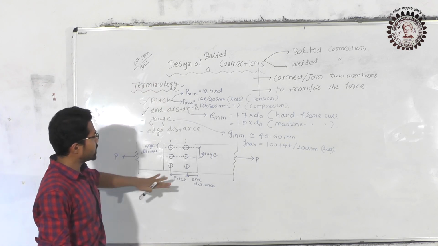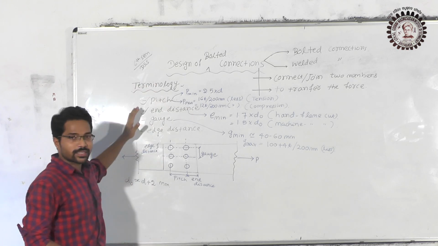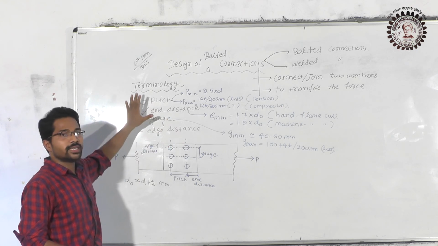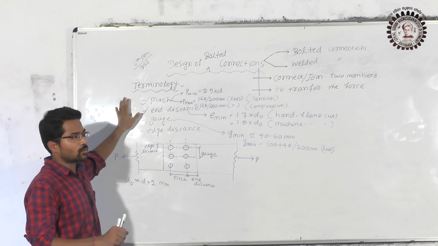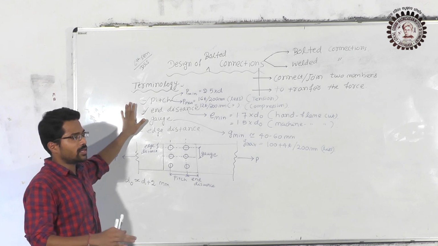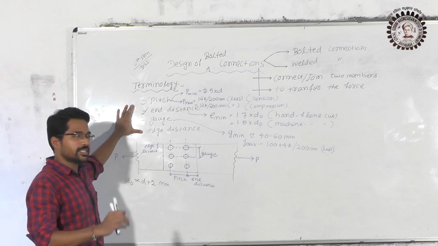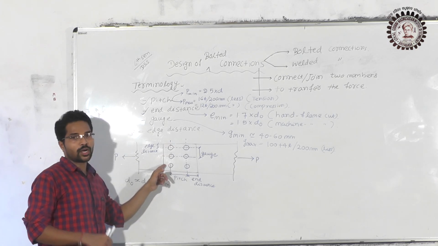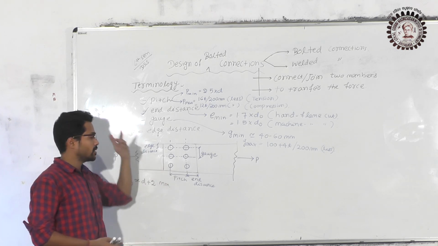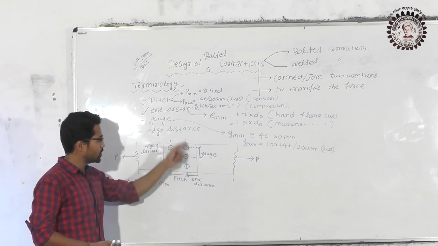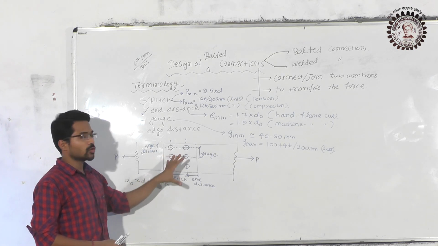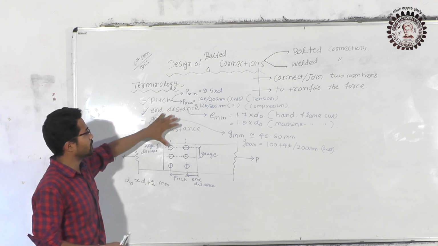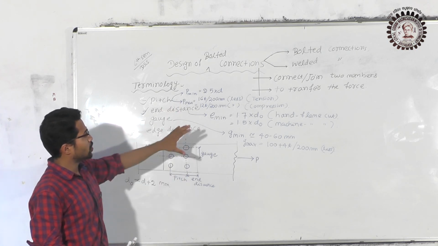So these things for today's class, and in the next classes we will solve some problems regarding this bolted connection. There will be two types of problems: analysis problem and design problem. Analysis problem means all values will be given and you have to find the strength of a bolt, how much force the bolt can take. And also you have to find the efficiency of the joint. In the other type nothing will be given, you have to design the connection, that is design type of problem. So in today's class only this much.